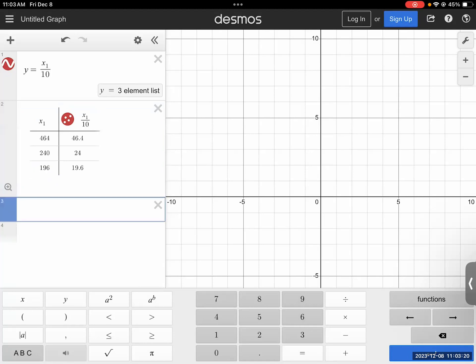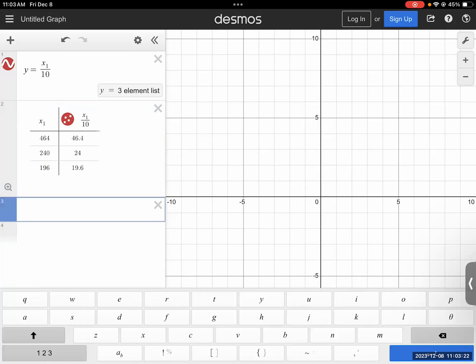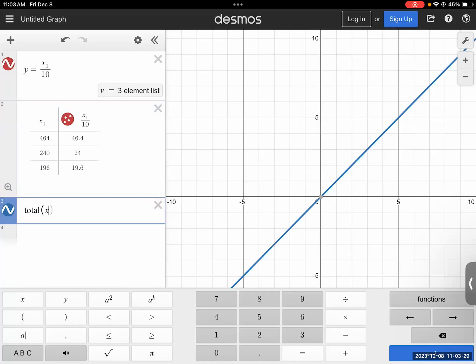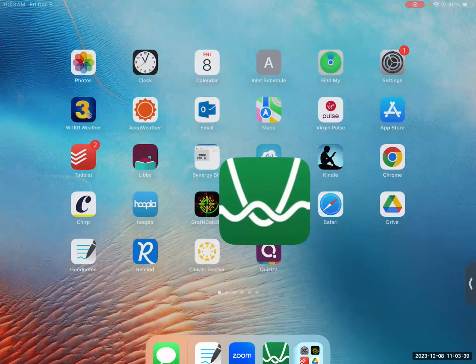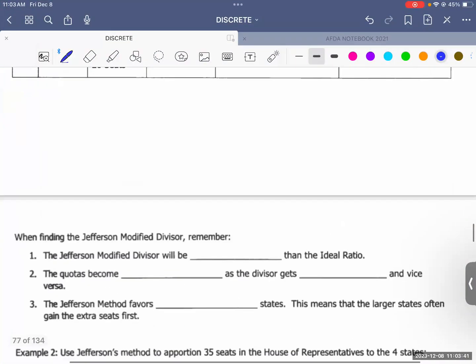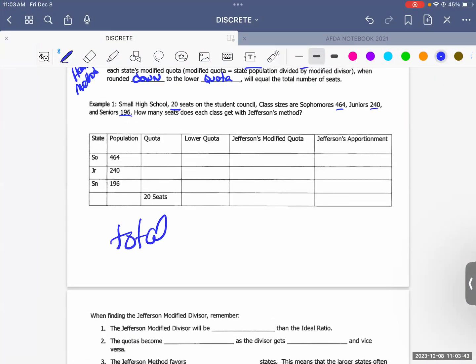So what we can do here, instead of adding those, if you type in T, and that's a lot of numbers to add, right? Because sometimes they have all those zeros. If you do total, parenthesis X1, it'll add them all up for you. So let's go back and write down total population. Did you see what I did? Okay, so the total equals 900. Where do we put the parentheses? Wait, did you get 900? Okay, so then you take 900 total population